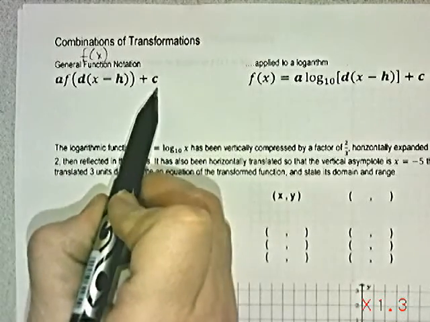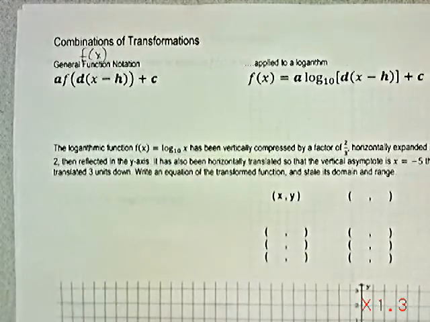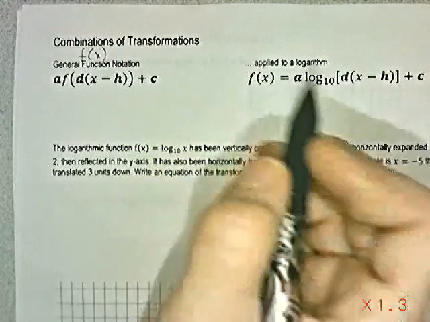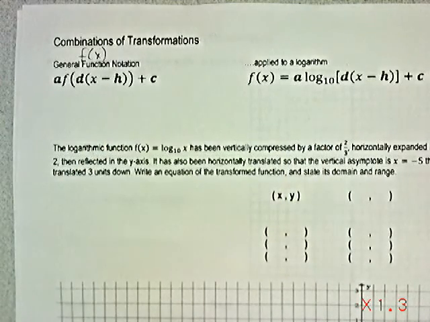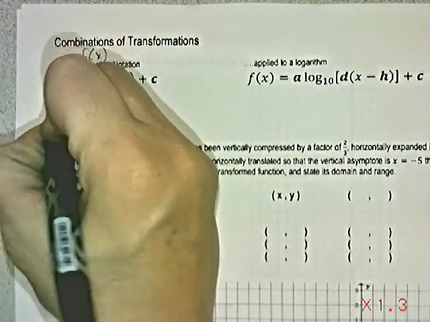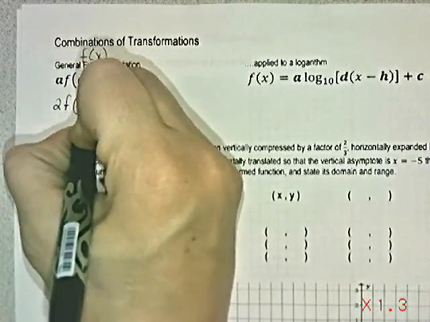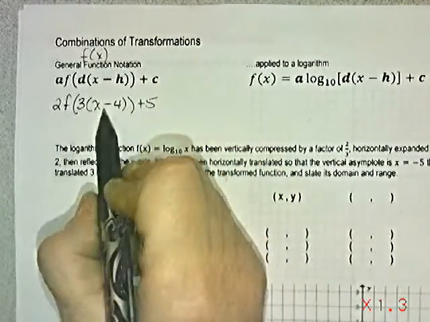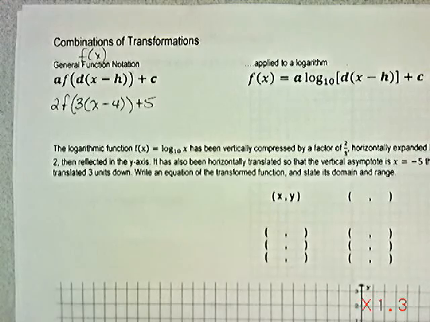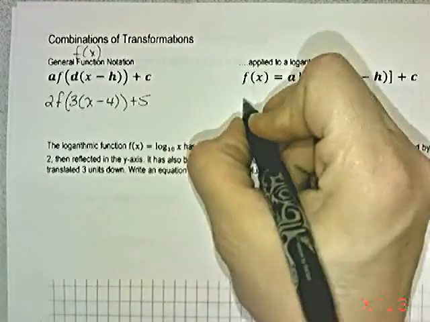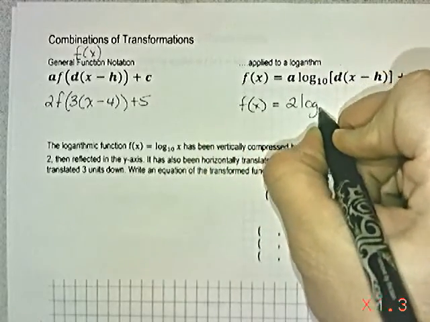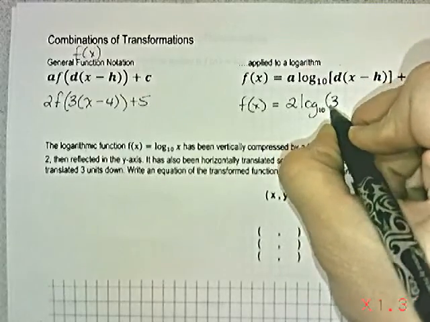We could add or subtract inside or outside of our function as well. We mentioned that the multiplication factors caused expansions and compressions. The addition and subtraction factors caused shifts, either vertical or horizontal. We could, if we wanted to, put a 2 out front or perhaps a 3, 4, and 5, subtracting inside the bracket and adding outside the bracket. If we were to put those into our logarithmic equation, we would have a 2 as a multiplication factor in front of our log function of base 10, a 3 inside,